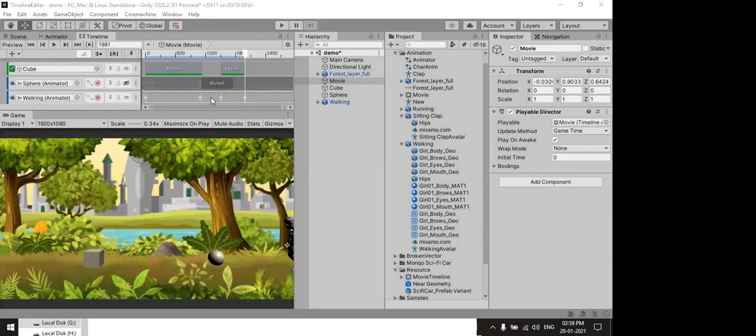Here I have a few questions. What's the use of activation track and animation track? So far we learned about activation track and animation track. What's the difference between both? When do you use the animation track, and when do we use the activation track?